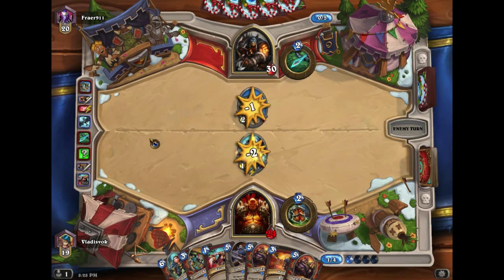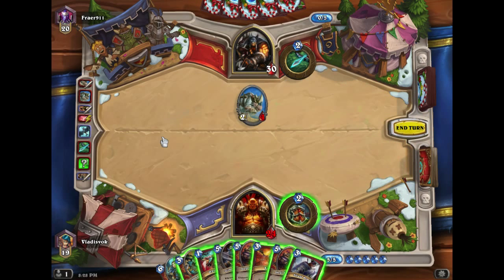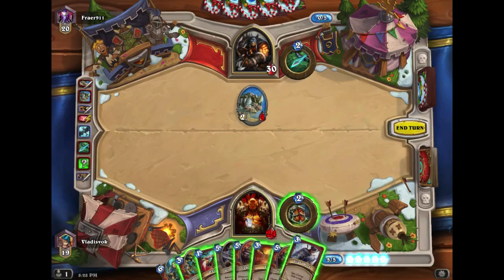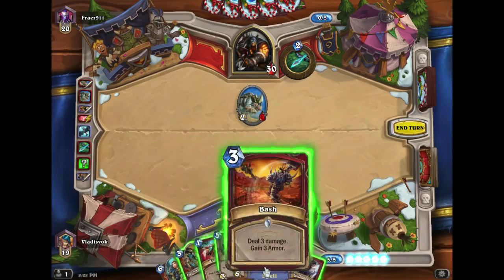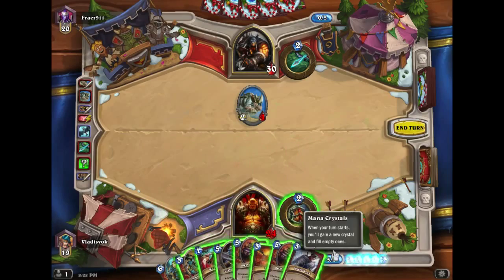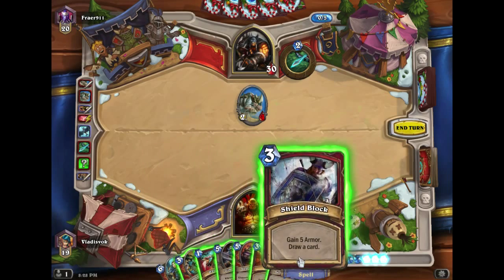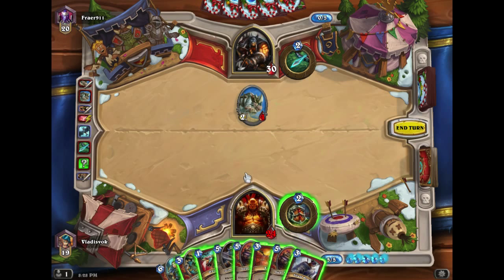Oh, Tundra Rhino, we don't like you. That plus that, but that's a rather inefficient way of getting rid of him. When Patron dies to it, Siege Engine would kill it, assuming he doesn't. Siege Engine, then